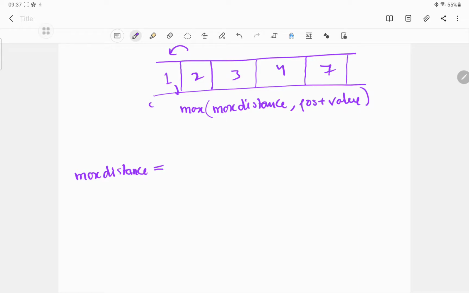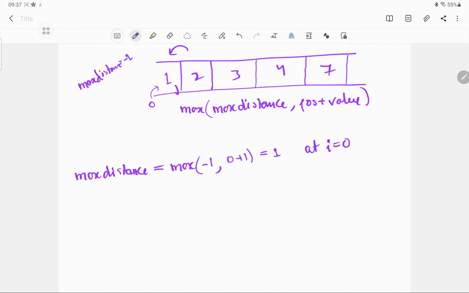So initially we are at the 0th position and the value is 1, and let's suppose max distance initially was -1. Let's just start with that. So what will be the max distance? Max of -1 comma the position plus the distance it can go, 0 plus 1, therefore 1. Now the max distance is 1 at I equals 0.